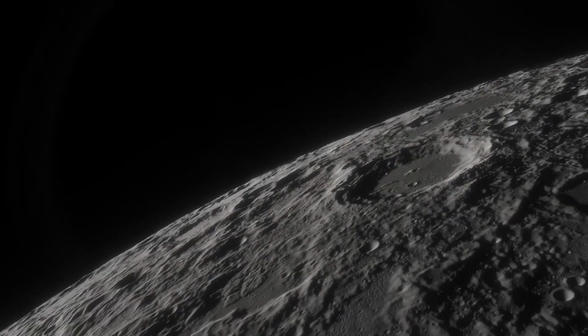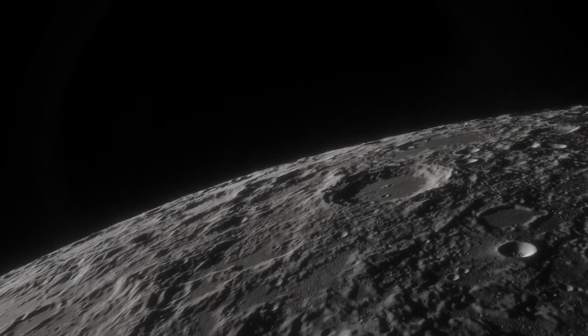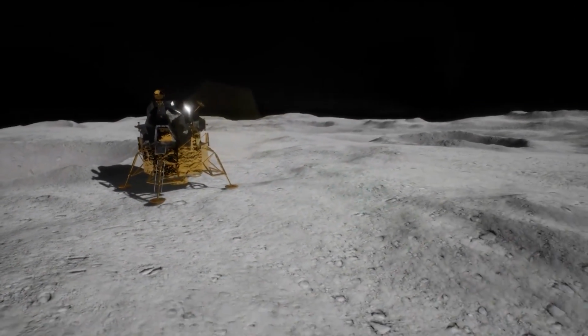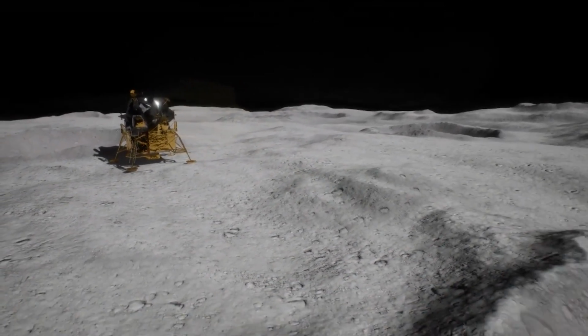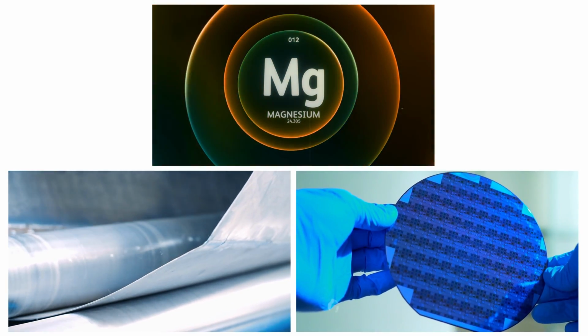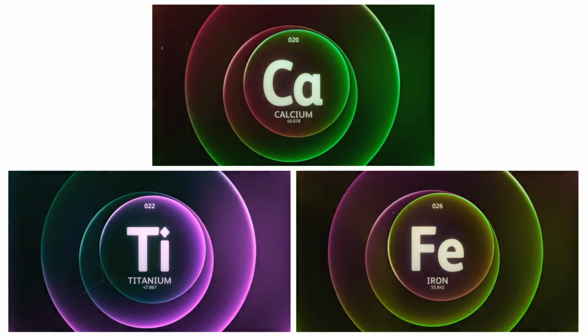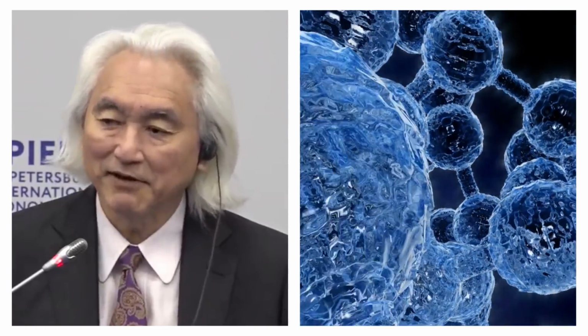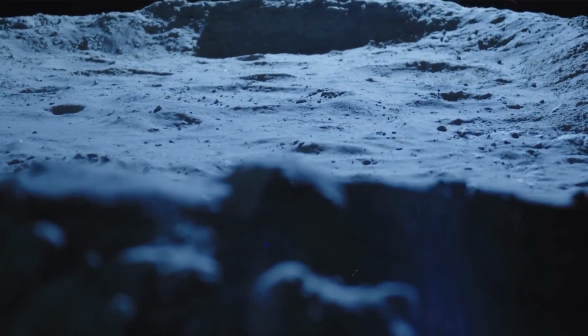Moreover, it opens up new possibilities for future lunar exploration and even colonization. Now, sulfur isn't the sole element uncovered in this crucial lunar region. The Pragyan rover also detected several other elements on the moon's surface, including magnesium, aluminum, silicon, calcium, titanium, iron, and sodium. According to Michio Kaku, these elements hold essential keys to understanding the moon's geological history and how it has